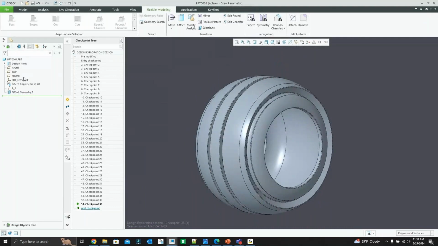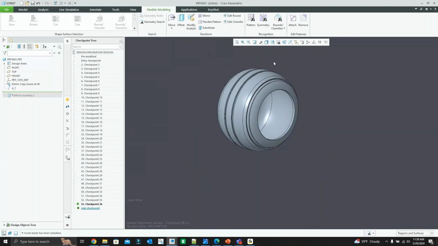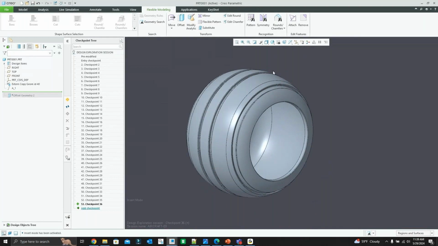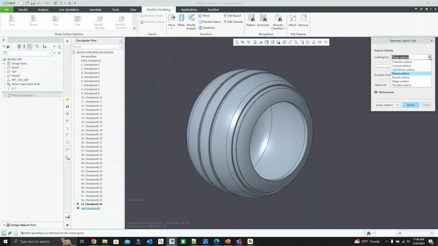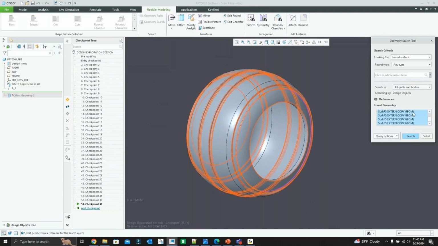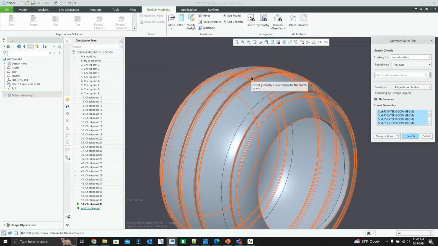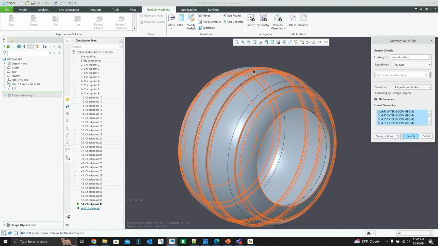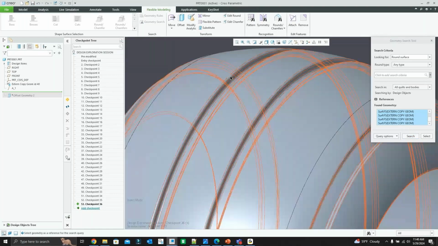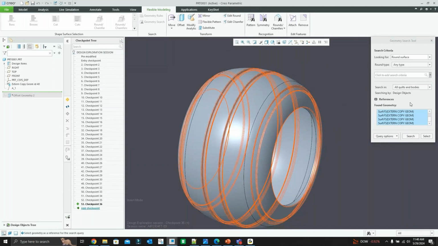Now I'm actually going to go back in time here a second. I can also do a geometry search in here. If I select that, I can say let's search for anything with a round surface and select that and say search. That's a pretty powerful tool. You can see that it recognized all the round features on this model and searched for them. I could have searched for chamfers, a chamfer surface, a conical surface, toroidal. So now I can select all of